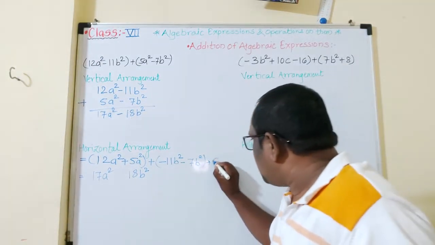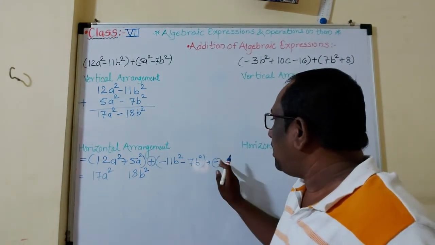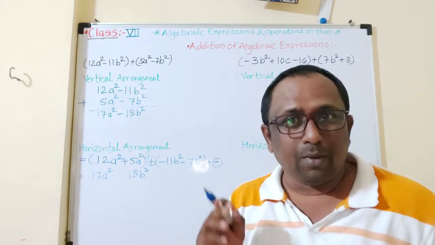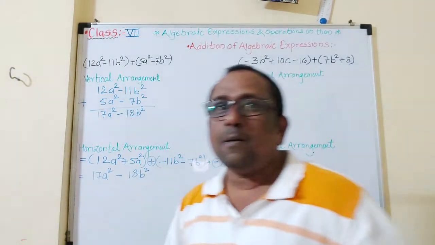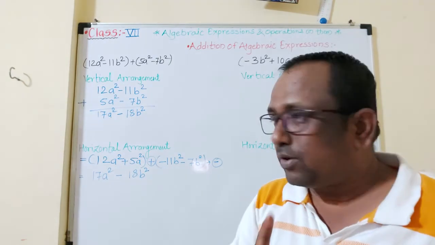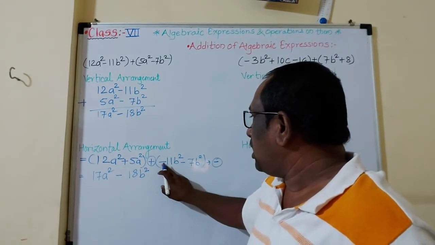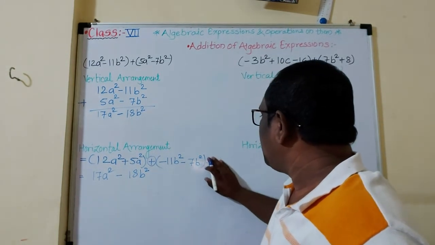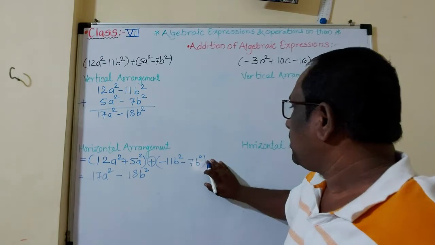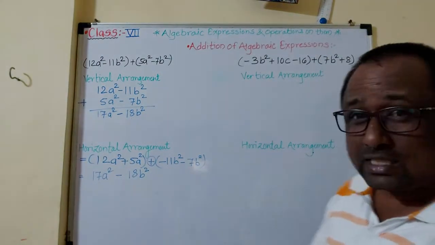Okay, here we have a minus sign and a plus sign. Plus and minus, we know it is minus, so here you have to give the minus sign. This is very important. Here, the bigger number has the minus sign, and here plus, plus minus is minus, so this is the answer. I hope you understood this. Now we'll move to the next type of example.